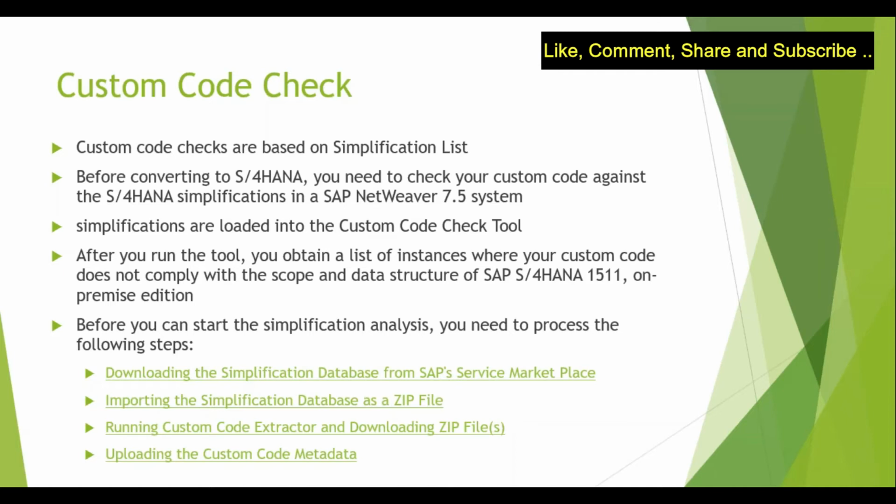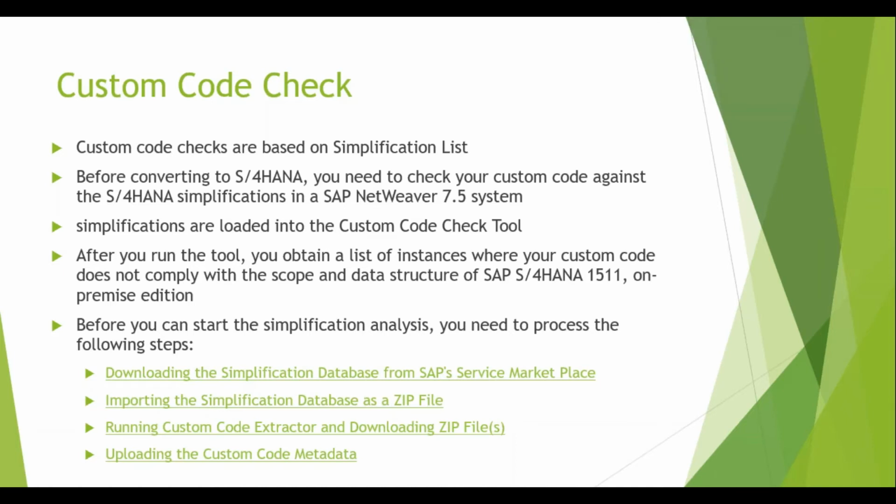We understood KONV, if you remember. KONV was available earlier, and has been replaced with PRCD_ELEMENTS. Similarly, it will throw the error. It will say KONV is not having any data, please refer to this SAP note. If you go to that SAP note, it will tell you, okay, KONV has been replaced with this. Download this correction file, which will tell you what adjustments are required. Directly, you can copy that code wherever you have written from KONV. You will be writing some other code, and the report will work.